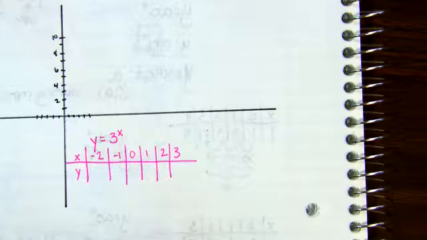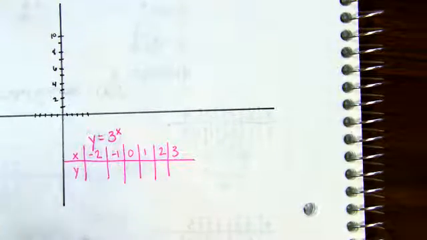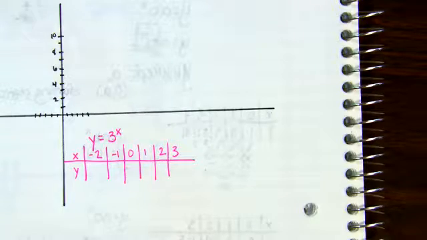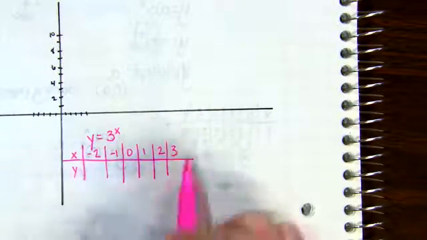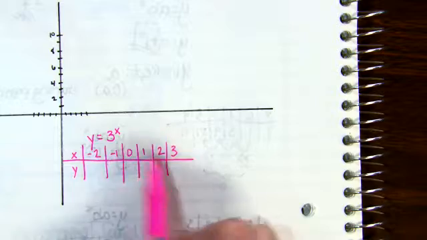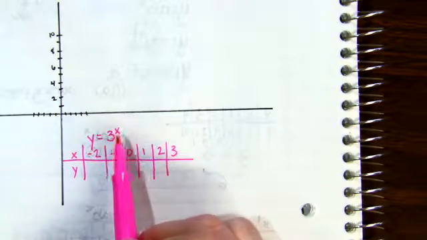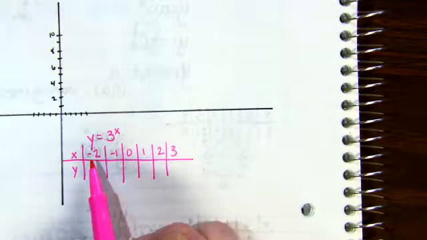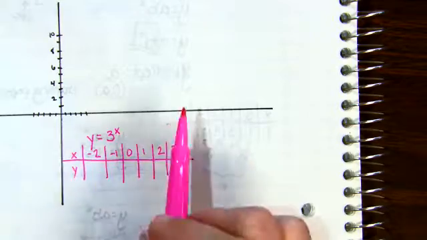Our very last thing to do is to look at some graphs of exponential functions. So I'm going to start off by looking at this function, y equals 3 to the x. And the way that I'm going to graph this is just by using my basic table. Remember, you can always do this. So what I will do is I'll put in these values for x and see what the shape of my